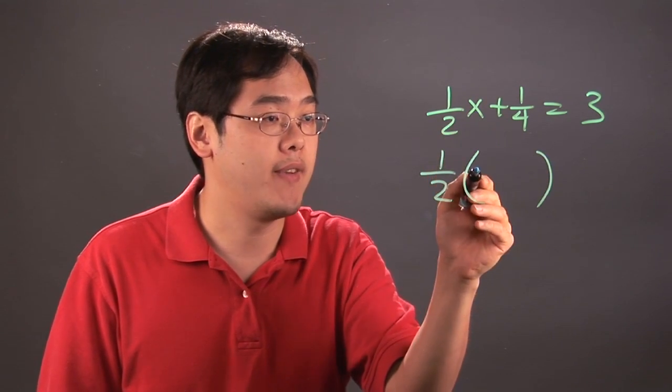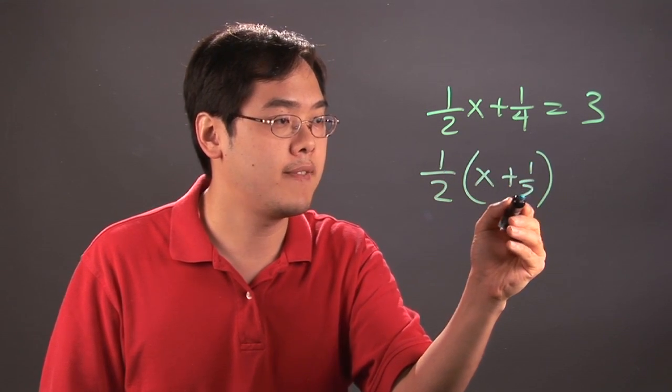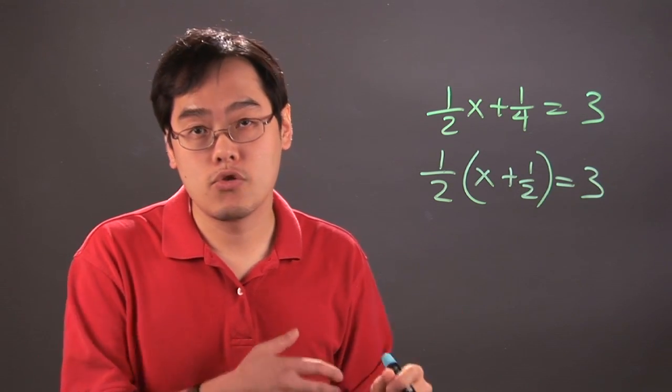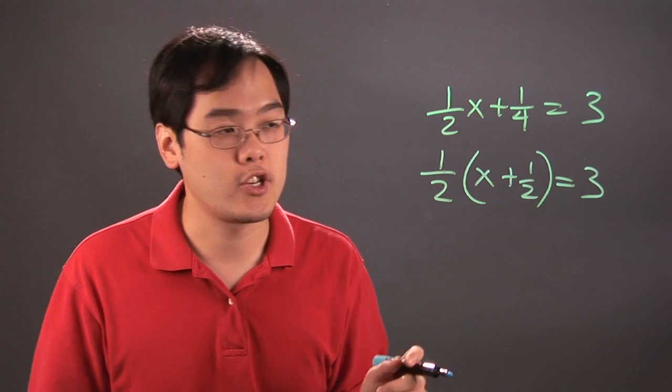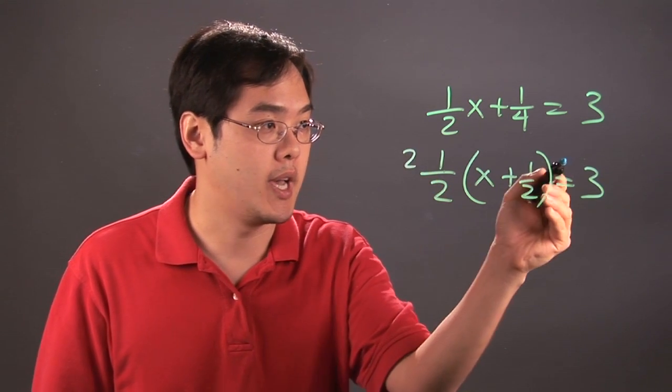1/2 times what is 1/2 x? It's x. 1/2 times what is 1/4? It's going to be 1/2, and that's going to equal 3. Now, at this point, you want to solve for x if at all possible, and preferably you want to get rid of the fractions. Because the denominator here is 2, you want to multiply both sides by